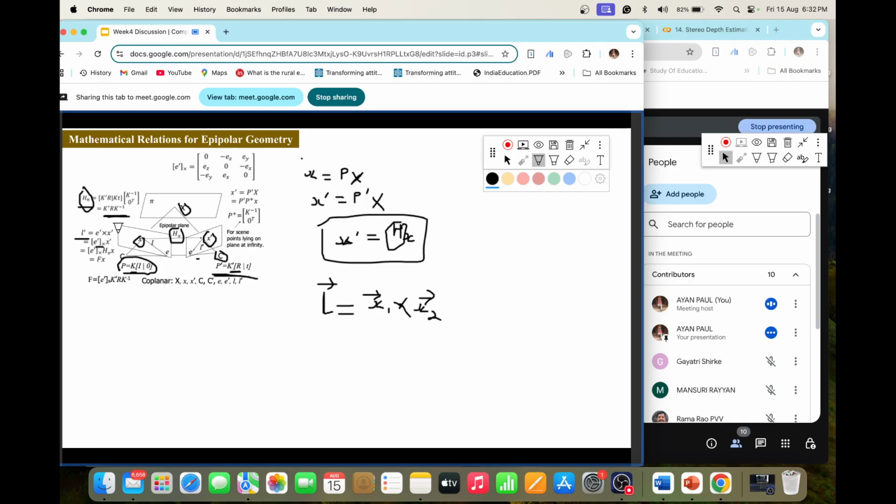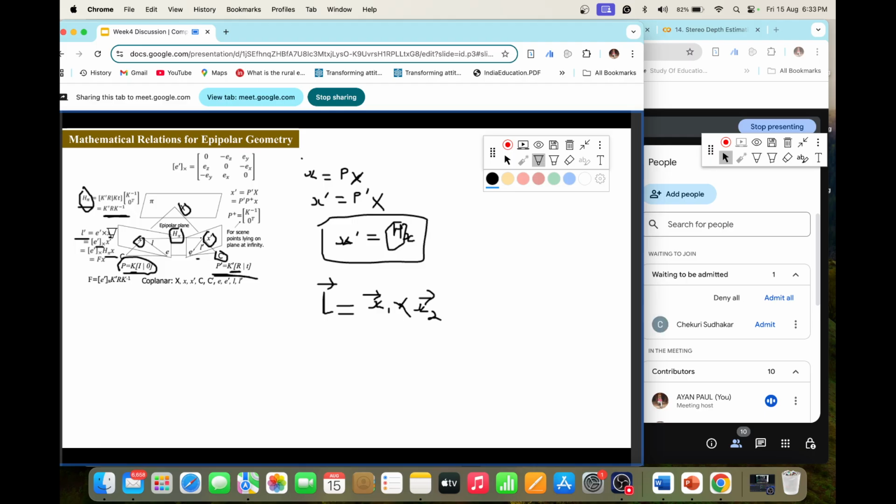But we have already known from this equation that x dash is equal to H into x. So in place of x dash, we can just write H into x, whatever notation you use, because x dash is nothing but